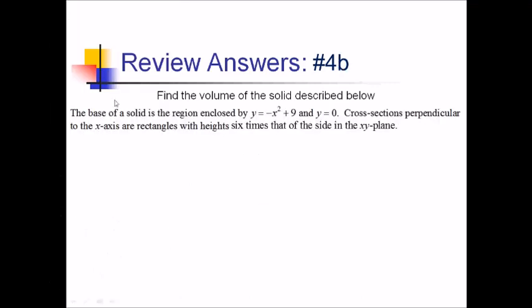For this problem, we have the base of a solid enclosed by negative x squared plus 9 and y equals 0, the x-axis. Our cross-sections perpendicular to the x-axis are rectangles, with height 6 times that of the side in the xy plane. So to get the volume of the solid whose base is this thing here,